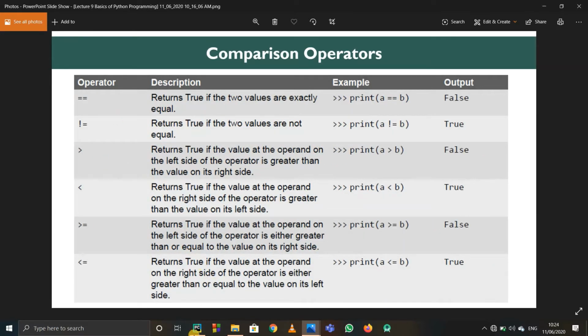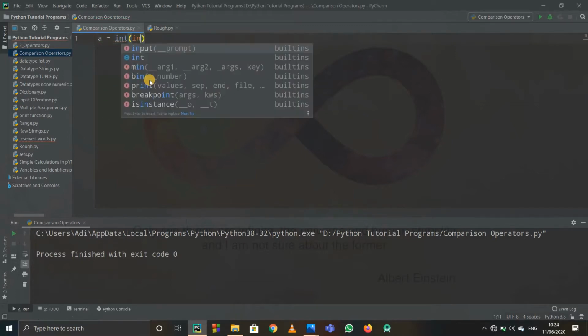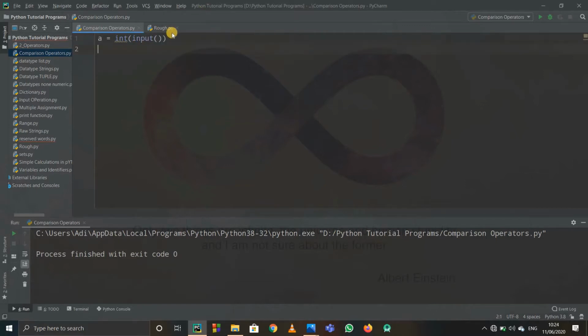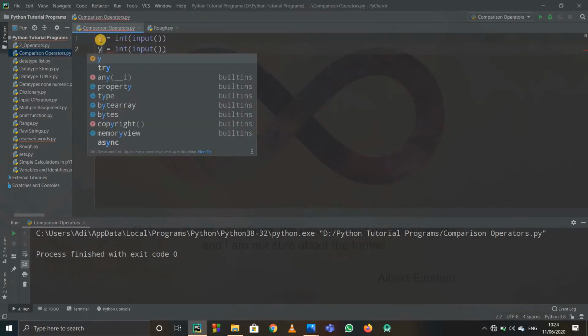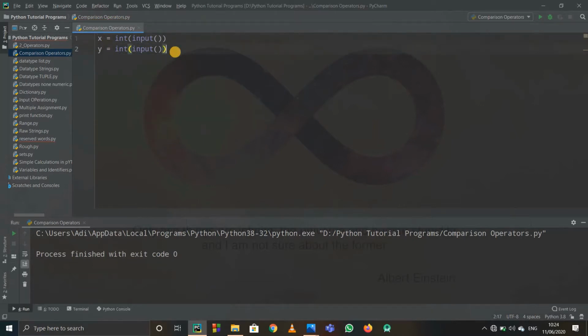Now the comparison operators. Obviously you know what comparison is. Suppose you want to compare two numbers, you can take two numbers as input. So I'm taking two numbers as my integer input, a and b. Or instead of a and b, you can just take x and y. We are more familiar with x and y because of maths. After that, you just have to compare them.